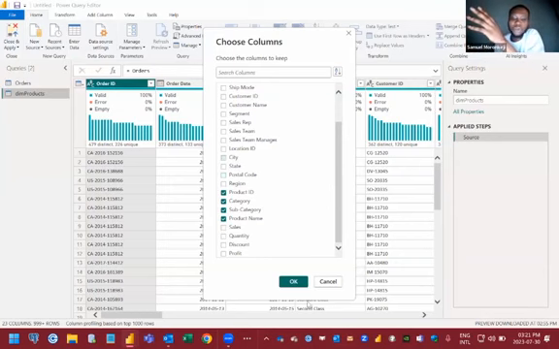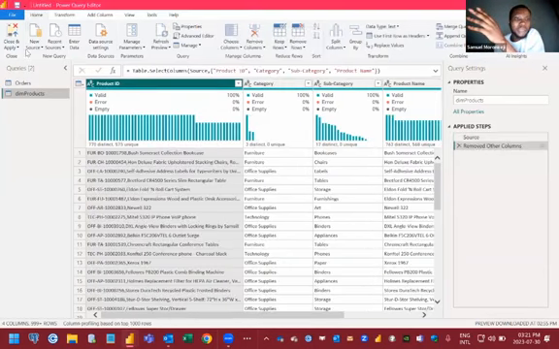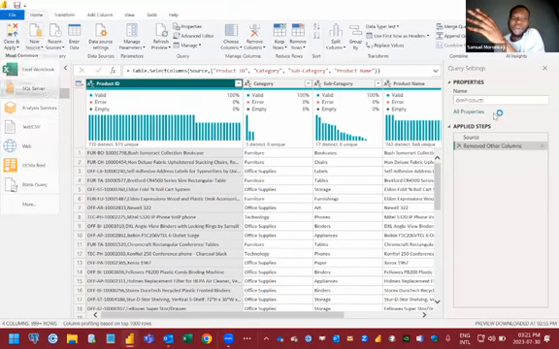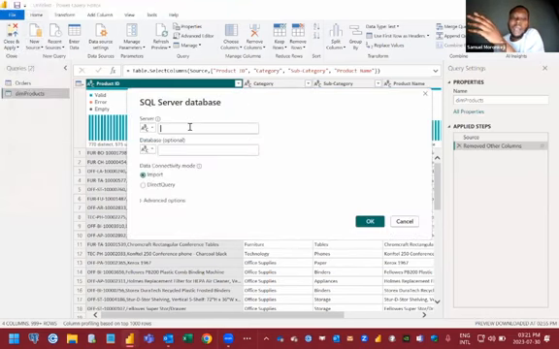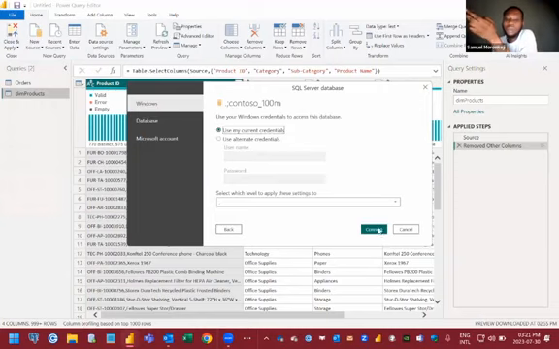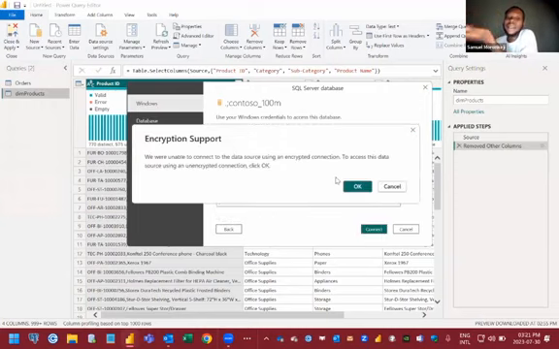So all you're going to do is, again, the regular way, get data from, say, maybe SQL Server, and connect to that instance of SQL Server. Try to pick those tables directly,